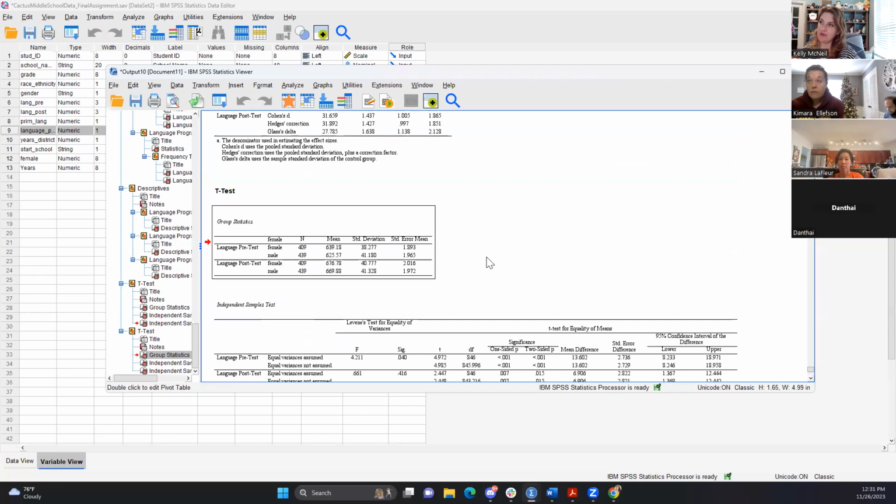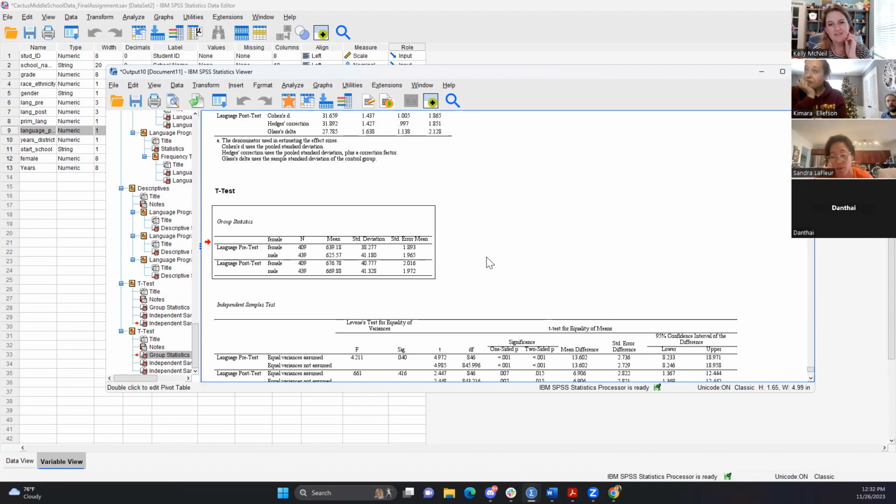Except for the fact that the girls come in higher at the beginning, so you could argue that the boys are growing more. Absolutely, because in the post-test you no longer have a significant difference. If you're comparing boys pre-test to boys post-test versus girls pre-test to girls post-test, the increase for boys is greater by being in school. So again, I'd argue the summer is a better experience for the girls, not being in school.